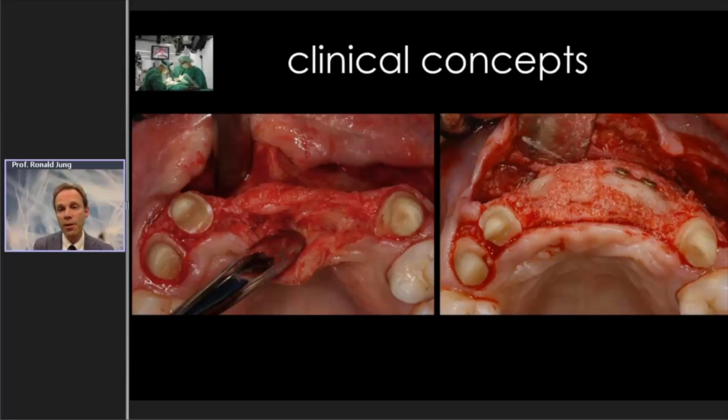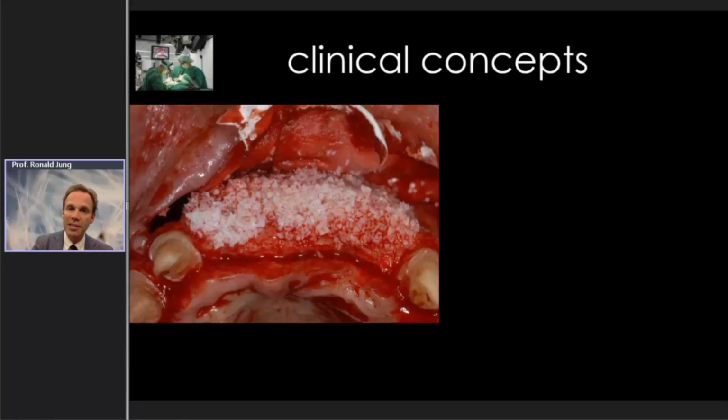And on top, there was a layer of Bio-Oss in order to reduce the amount of resorption on top of that. This could have been nicely shown by Carlos Majorana. He could show that by placing the Bio-Oss on top of the autogenous bone, we can reduce the amount of resorption to half of that without using the Bio-Oss on top. And again, covering these sites with a collagen membrane.